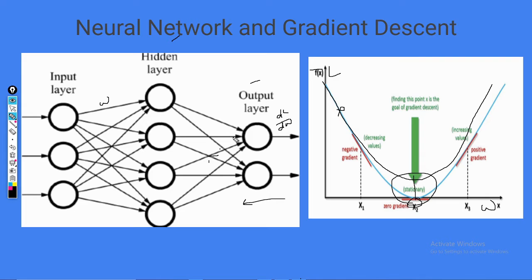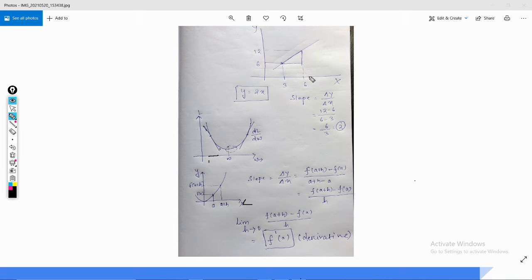So be patient, guys. We need to find out the slope, right? To find the slope of a straight line, we can directly build a graph using a linear line. y is equal to 2x is a linear line. To calculate the slope here, we can just find the change in y with respect to the change in x. So we can find the slope in a straight line by using this formula.